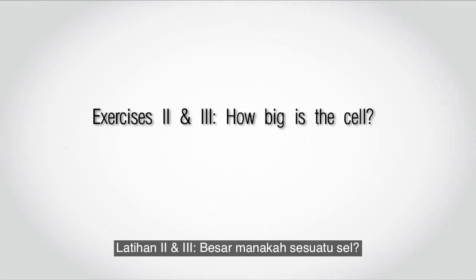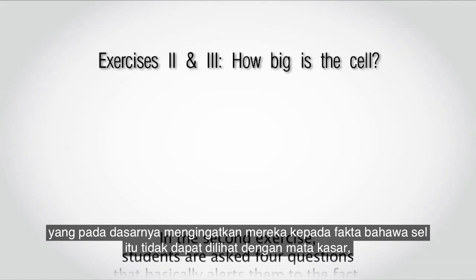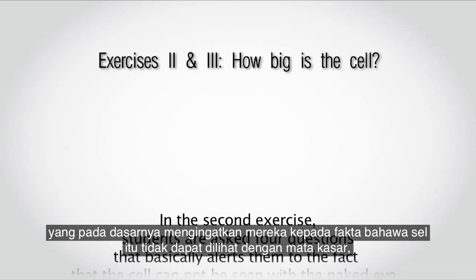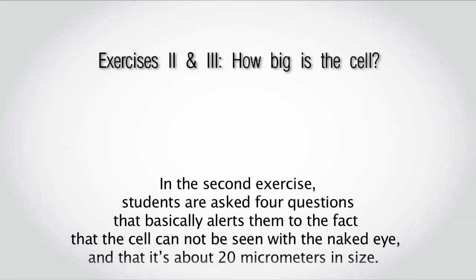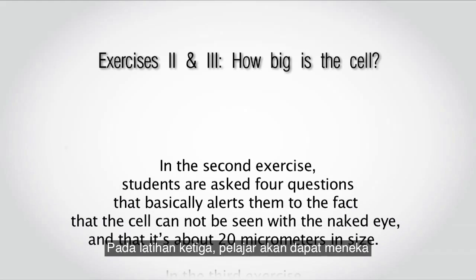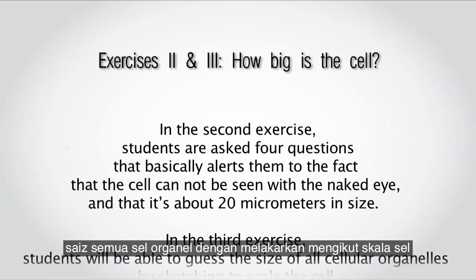Exercises 2 and 3. How big is the cell? In the second exercise, students are asked 4 questions that basically alerts them to the fact that the cell cannot be seen with the naked eye and that it's about 20 micrometers in size. In the third exercise, students will be able to guess the size of all cellular organelles by